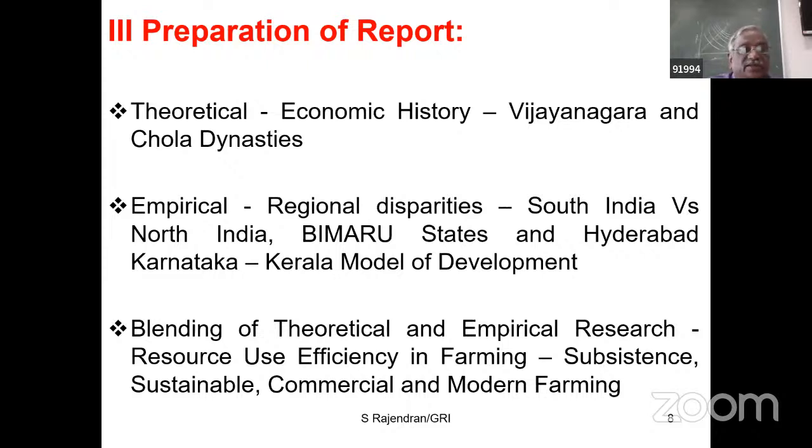All these need to be exposed in the perspective of social science research. Of course, this can also be captured in the natural science research. That is not our responsibility at this moment.